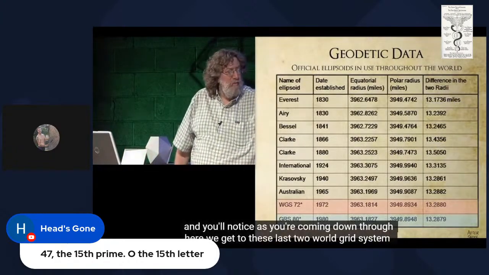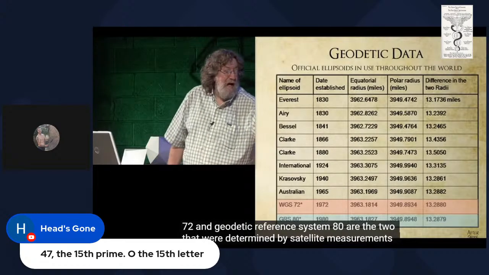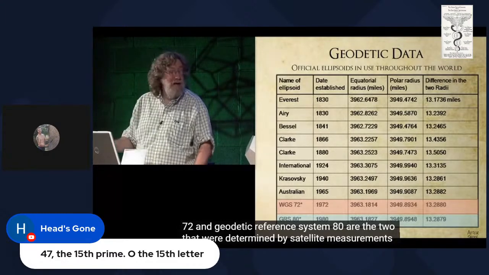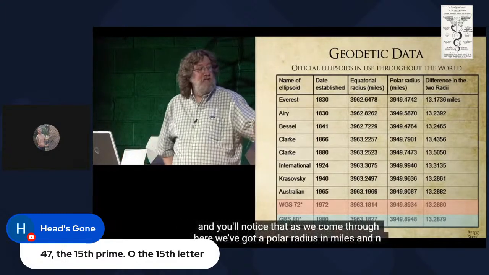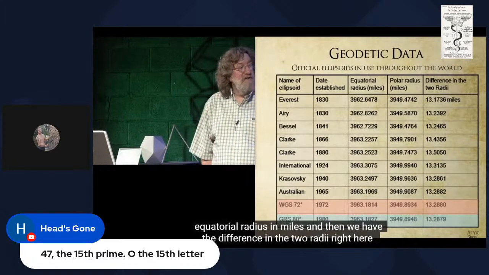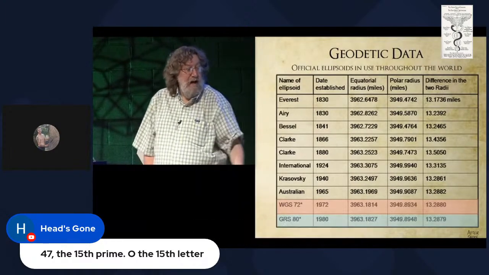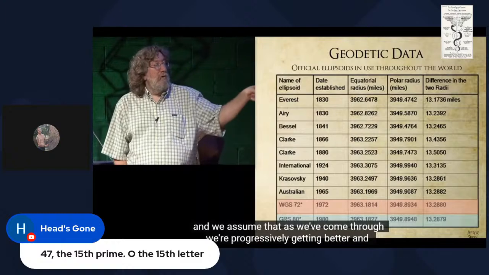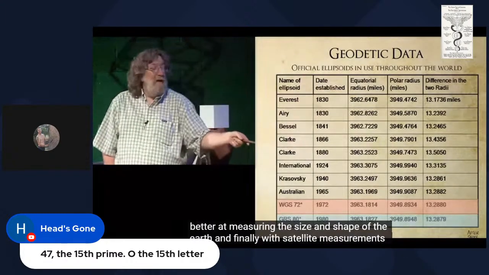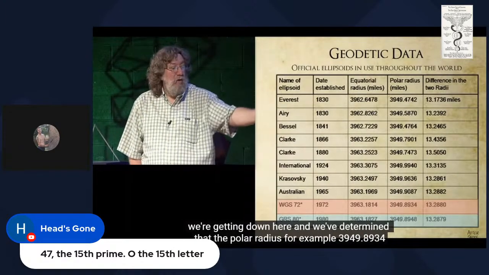And you'll notice as you're coming down through here, we get to these last two, World Grid System 72 and Geodetic Reference System 80, are the two that were determined by satellite measurements. And you'll notice that as we come through here, we've got a polar radius in miles and an equatorial radius in miles. And then we have the difference in the two radii right here. And we assume that as we've come through, we're progressively getting better and better at measuring the size and shape of the earth. And finally, with satellite measurements, we're getting down here and we've determined that the polar radius, for example,